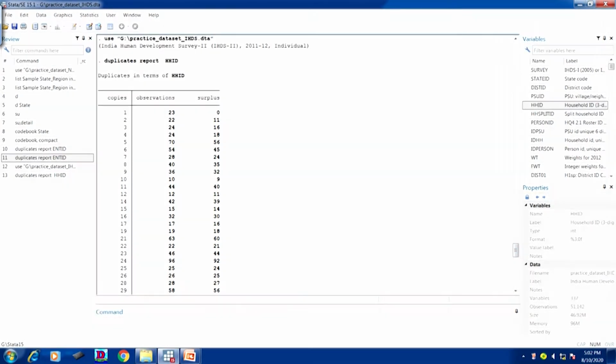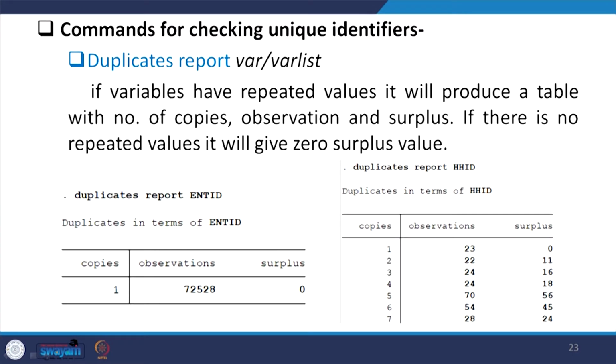Now, what I suggest is that you go through this interpretation. If there is 1 copy, 23 observations and 0 surplus, that means 23 observations are clearly unique ID. But there are 2 copies of such type, 22 observations having 2 copies are generated. So 22 divided by 2, we have 11 surplus left.